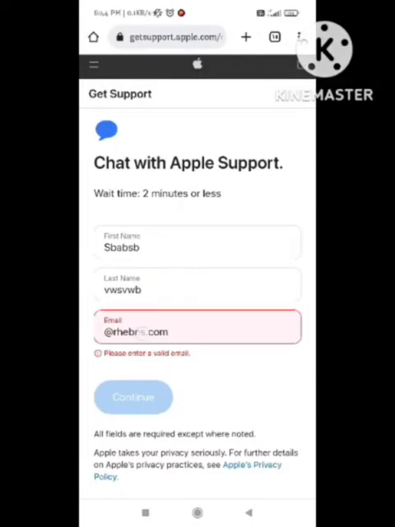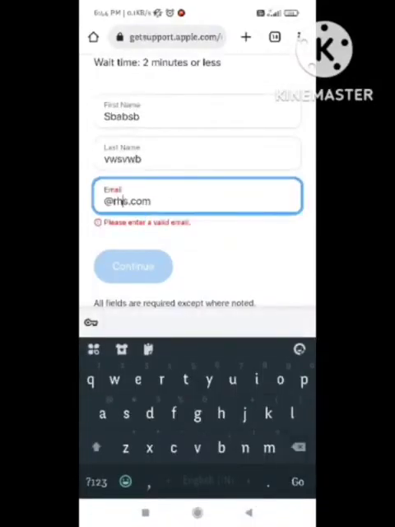So I am here putting in all my necessary details and my email address. You need to write down all the information right to go to the next page. So I am here entering my Gmail address. After entering the Gmail address, click on the continue section. After clicking on the continue section, a page will